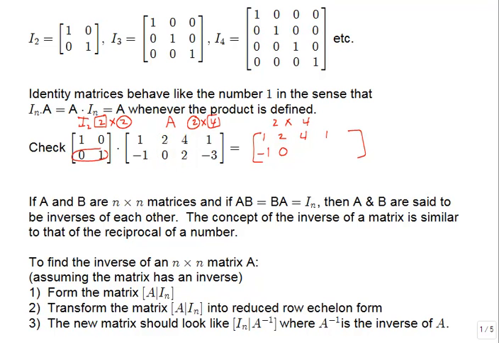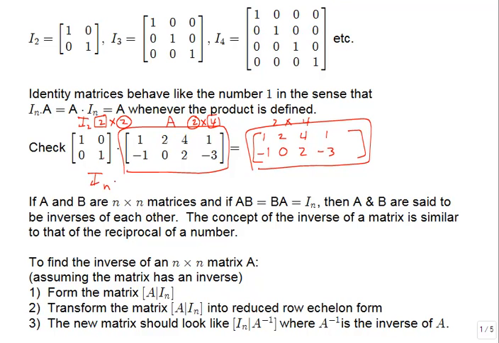Then we move to column 3. 0 times 4 is 0, plus 1 times 2 is 2. And finally, if we go to column 4, 0 times 1 is 0, 1 times negative 3 is negative 3. And hopefully you can see here that our final answer is exactly the same as what we started with for matrix A. So we took I sub n, or in this case actually it was I sub 2,